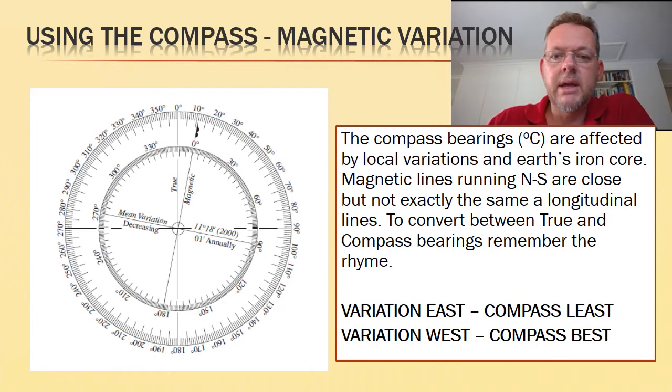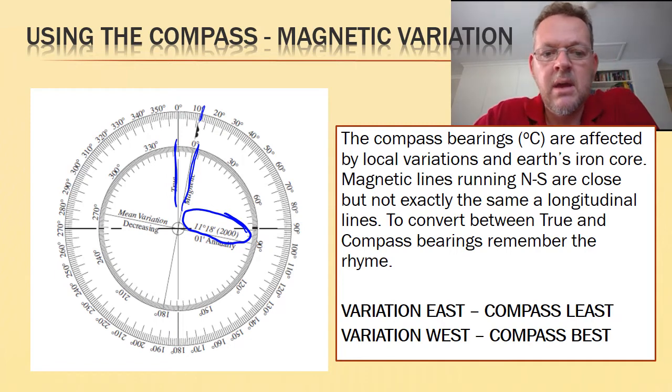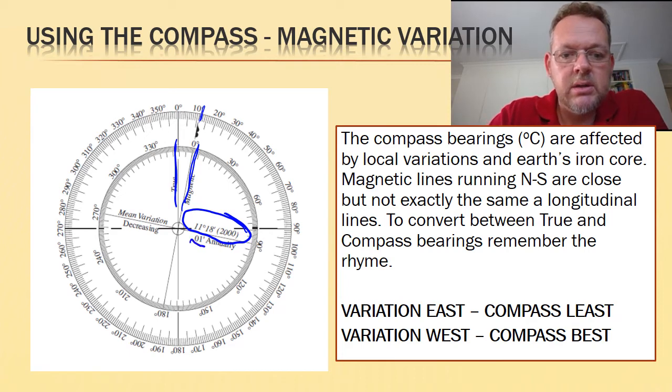So, magnetic variation is displayed on the compass rose of a map, like this one here on the left in the corner. So what we'll have is a true north here, and then you can see a magnetic north here. And so in this case, we have a little bit over 10 degrees. Now it's 11 degrees and 18 minutes